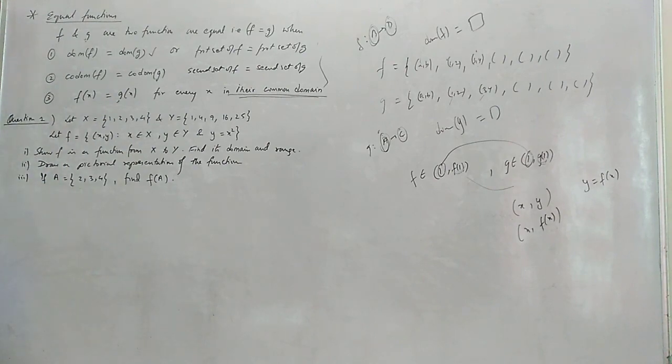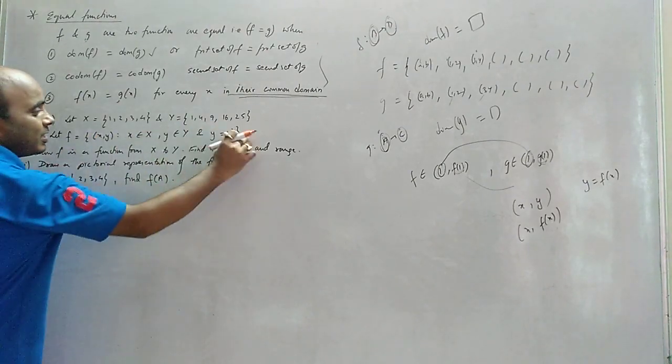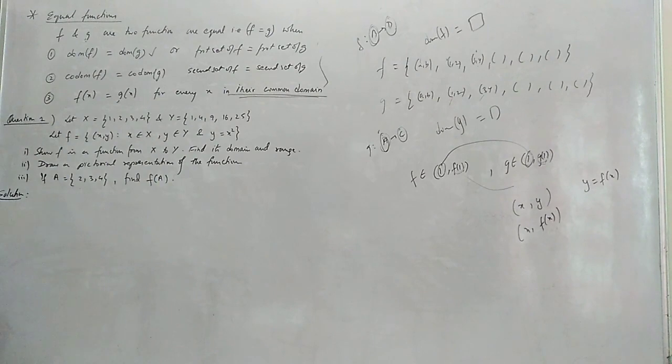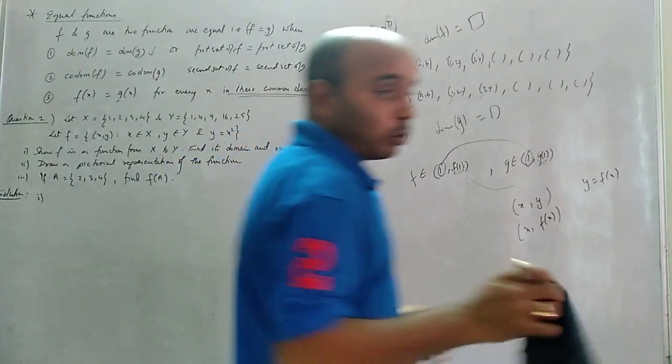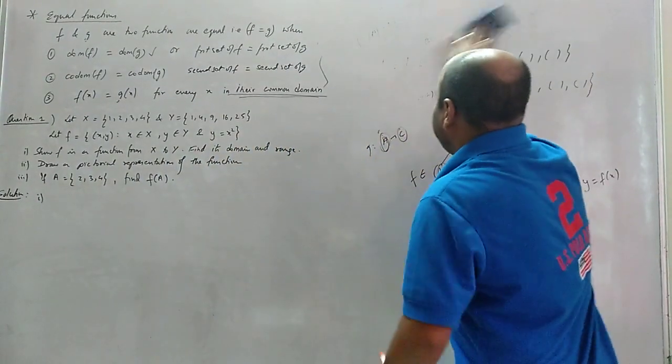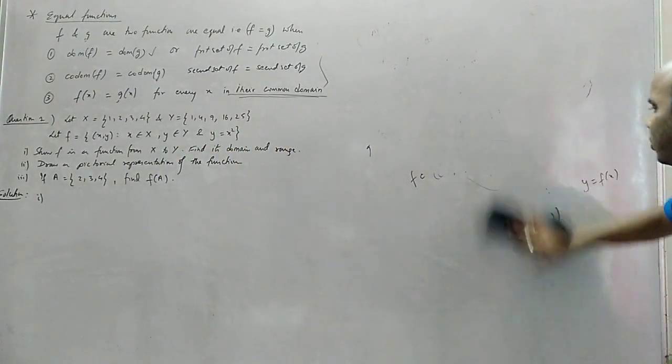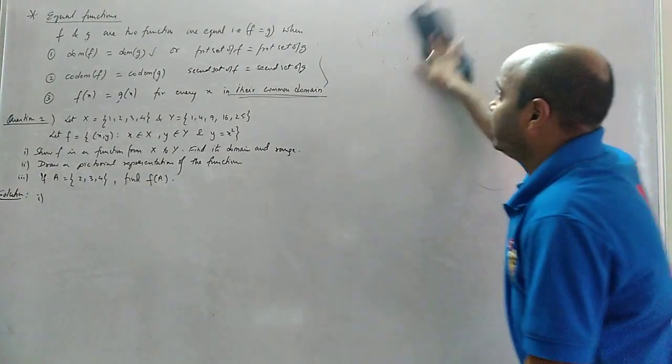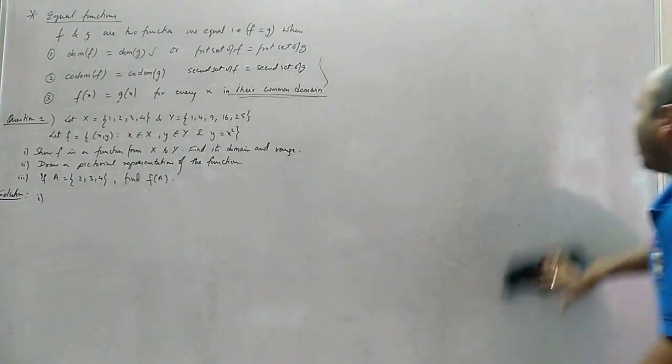To prove those two special conditions, first we find that f, which is given in set builder form. We will find f in roster form. Now how to find it in roster form? What is y? y equals x square. These calculations I am about to do we will do in rough. We will not show them in the actual question solution.